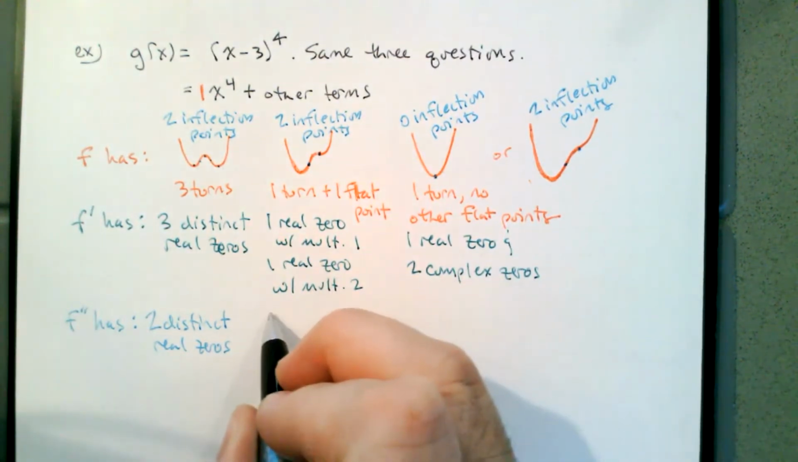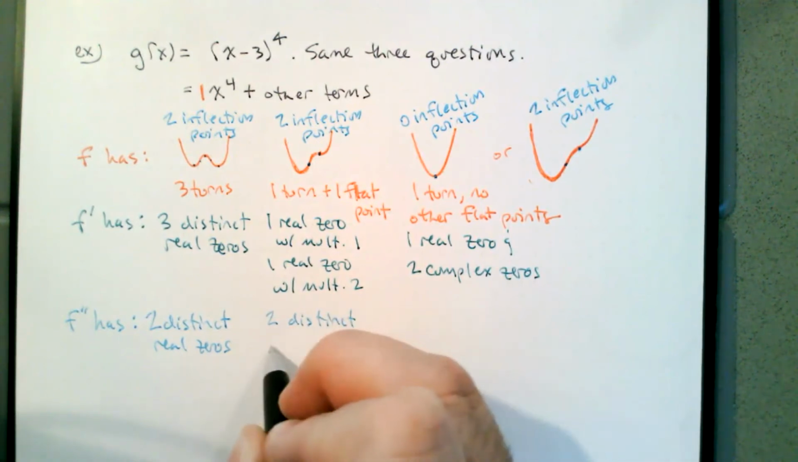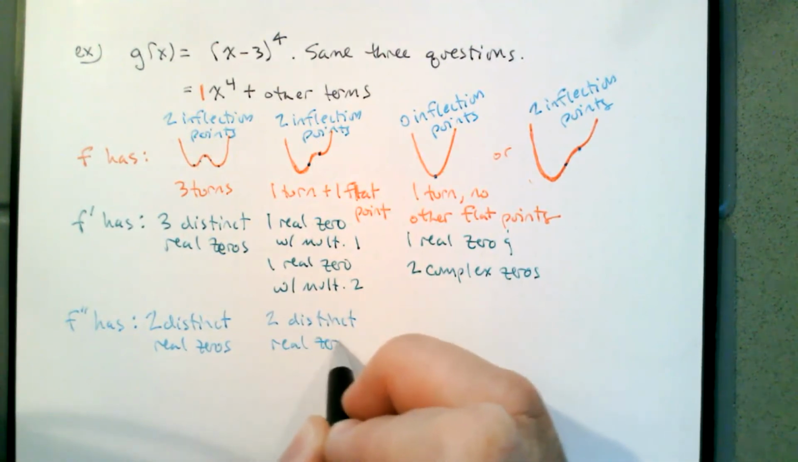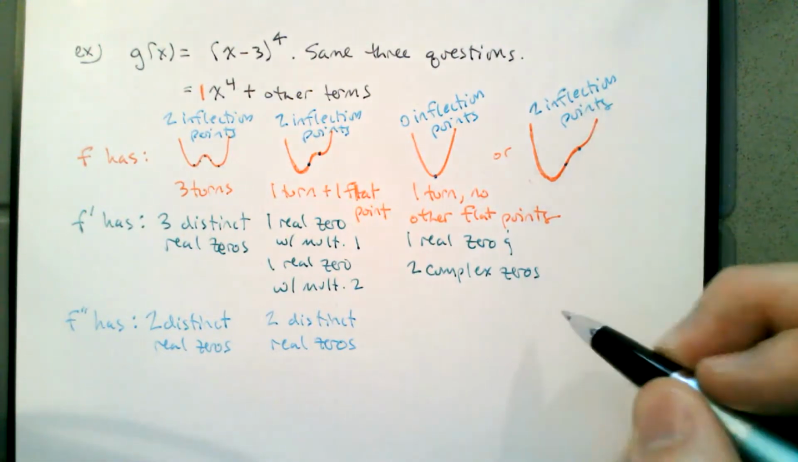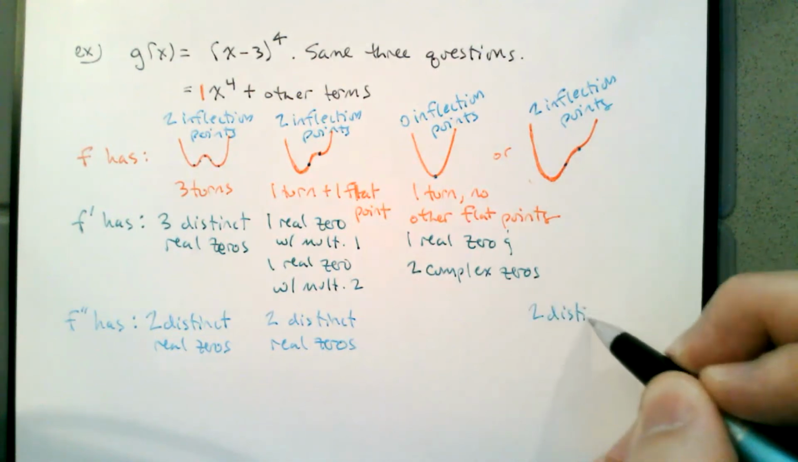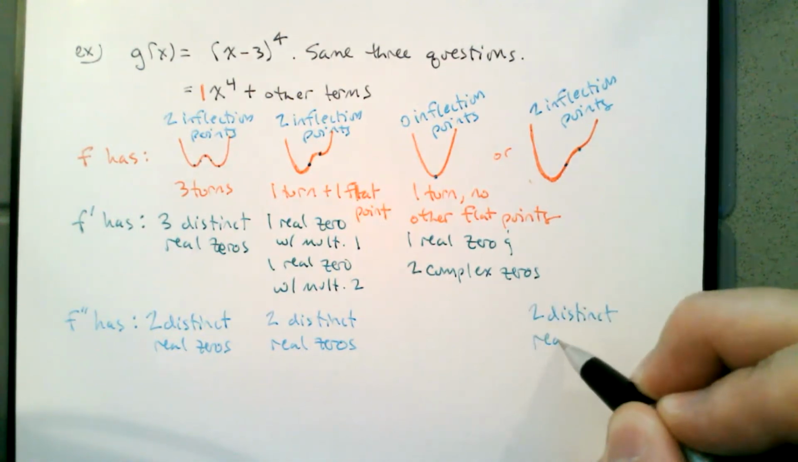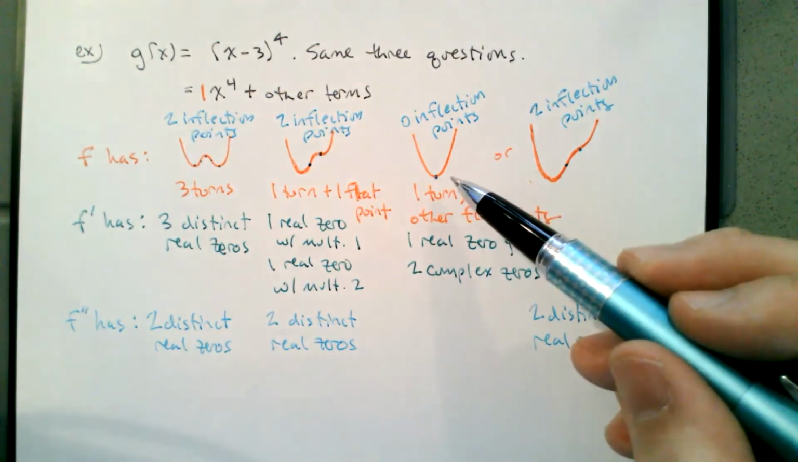2 inflection points must be 2 distinct real zeros for f double prime. 2 inflection points in this last case must be 2 distinct real zeros. But if there are no inflection points,